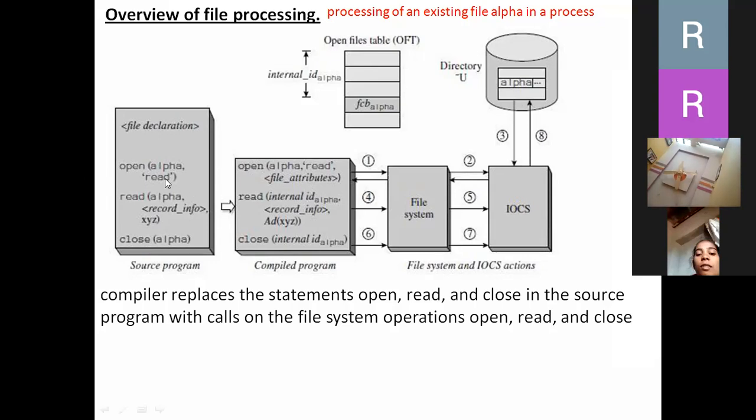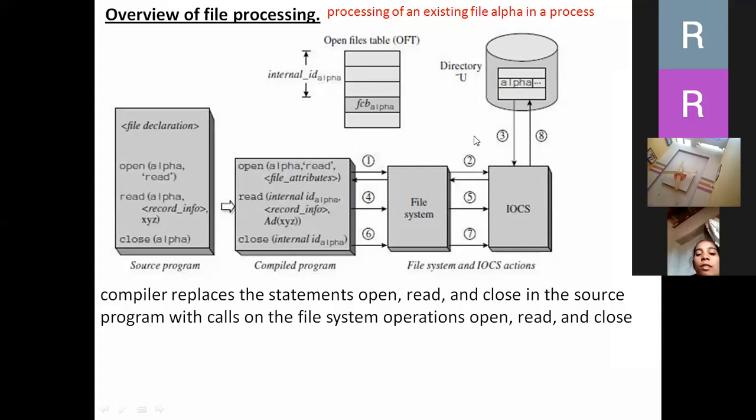Instead, we are using the address of FCB alpha. You can also see the list of operations numbered 1, 2 and so on. So the file processing activity will be carried out in these steps, 1, 2, 3, 4, up to 8 steps.